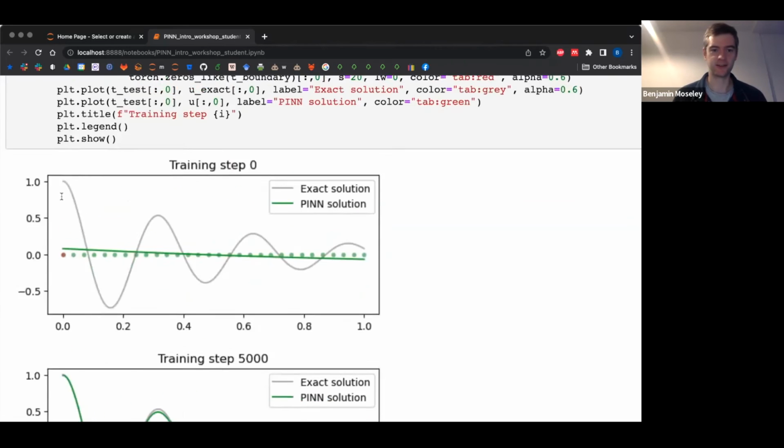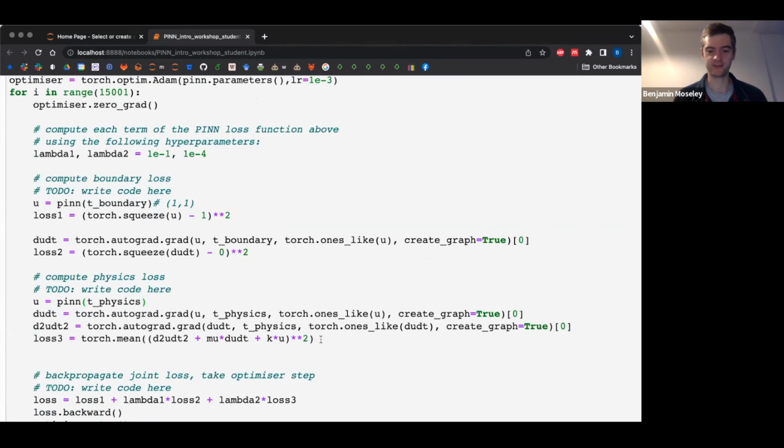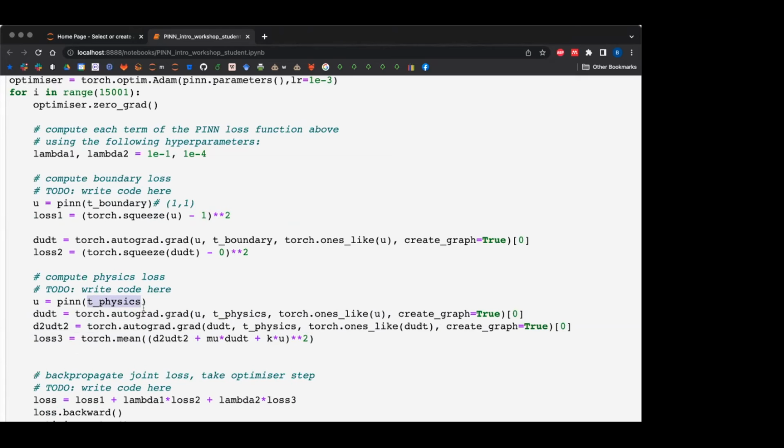We're matching, you see in our loss function here, we're matching the solution to 1 and its derivative to 2. But the rest, this physics term, is fully unsupervised in that all it needs is some points in the domain. It doesn't need to know the solution at those points. So it's solving forward in the domain, if that makes sense. So that's what I mean by unsupervised. And that's different to, I mean, the input is the solution, I guess. No, the input is the